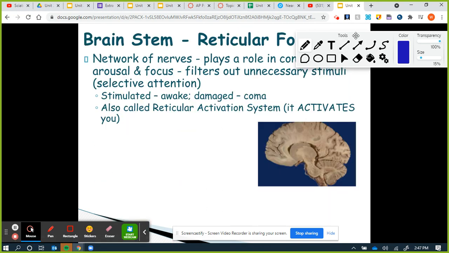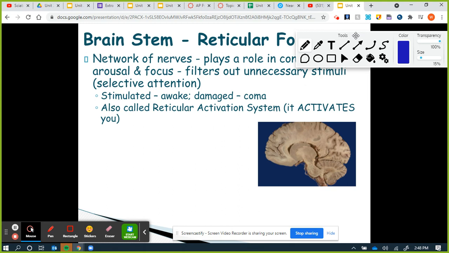All right, and then the other part of the brainstem we need to know is actually not a real structure. It's a network of nerves called the reticular formation or the reticular activation system. Reticular formation, only thing you really need to associate it with is attention and wakefulness. The reticular formation is what wakes us up in the morning, keeps us focused. It's what allows you to hear your name, even if you're not listening for it. The cocktail party effect, if you remember that: all of a sudden you hear your name from across the room and your attention shifts. That's the reticular formation doing that.